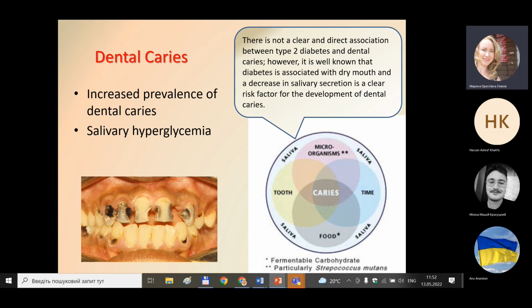Here I put this diagram. Saliva plays one of the important roles in maintaining the health of the oral cavity, as it provides buffering to acids that are produced by microorganisms. As well, saliva in appropriate quantity does mouth washing and helps in articulating and food swallowing. So the presence of saliva is important. Moreover, saliva neutralizes byproducts of microorganisms. And these byproducts, lactic acid, maleic acid, all of that destroys enamel, leading to cavities. So if there is a lack of saliva, there will be